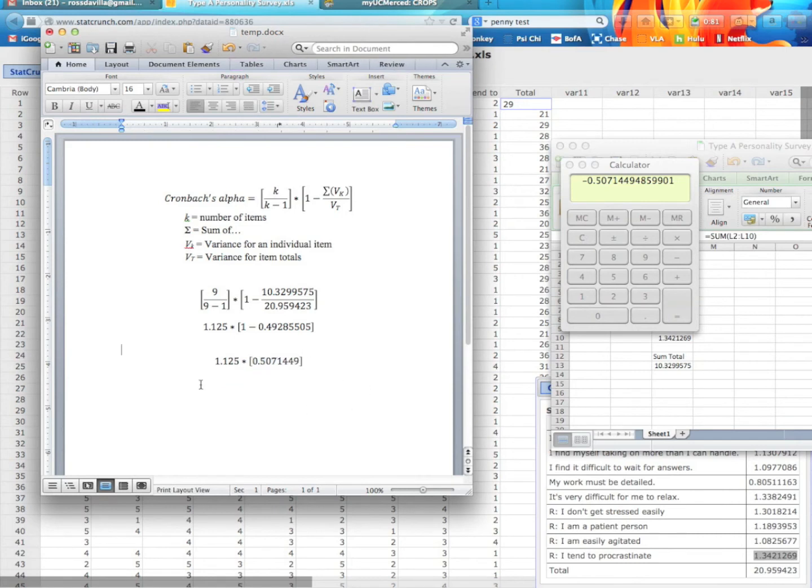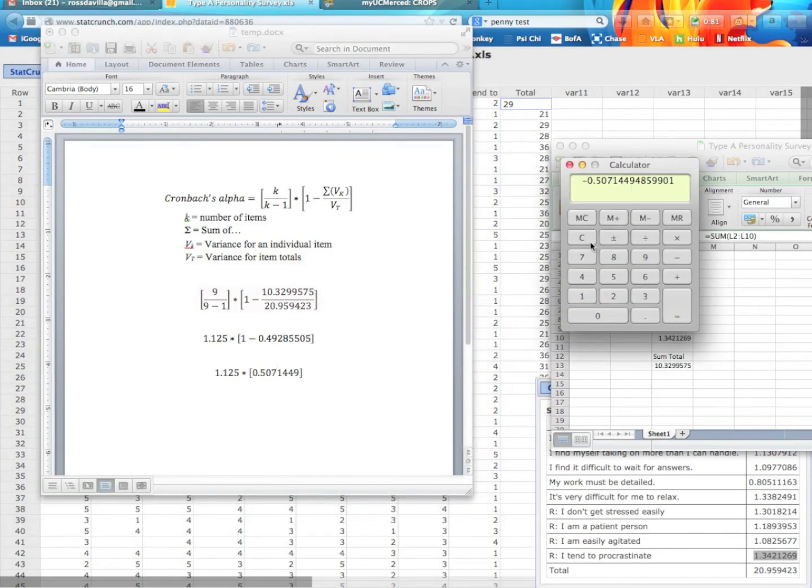Again, I'm just showing all the steps. You don't have to show your steps as long as you end up with the equation at the end. And again, I already have that number in here. It's just negative, so we can turn that positive by just timesing it by a -1. How do you do that here? Is it 1 negative? There we go. Times it by -1. There we go. There's the positive version of it.